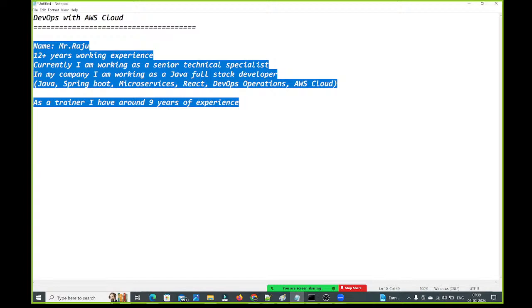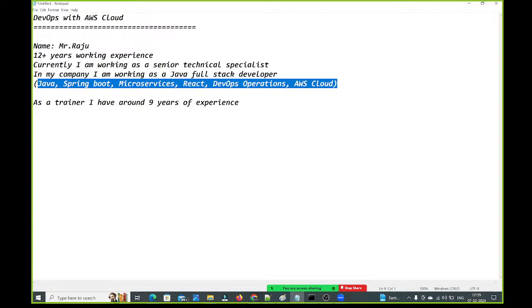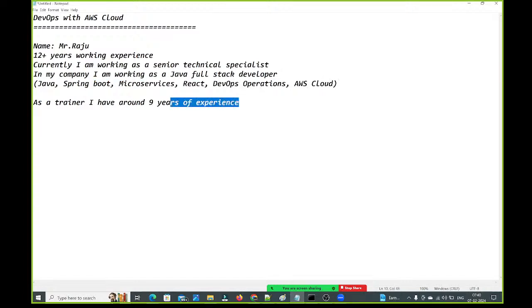Currently, I am working as a senior technical specialist. In my company, I am working as a Java full stack developer, guys. All these technologies I am using in my project: Java, Spring Boot, microservices, React JS, DevOps operations, AWS cloud. And as a trainer, I have around 9 years of experience, guys. This is brief about myself.